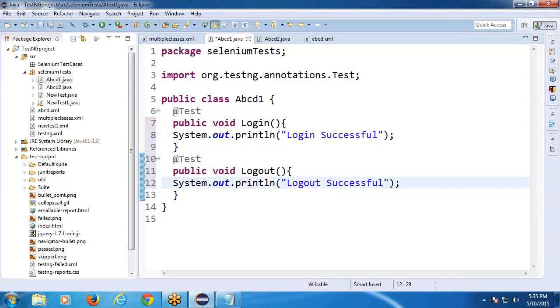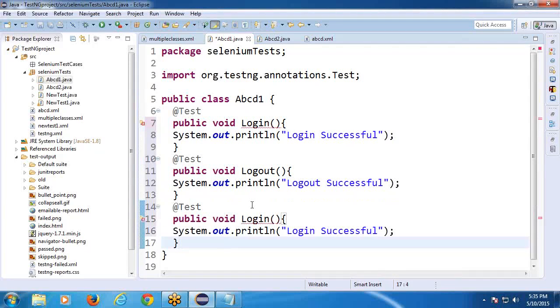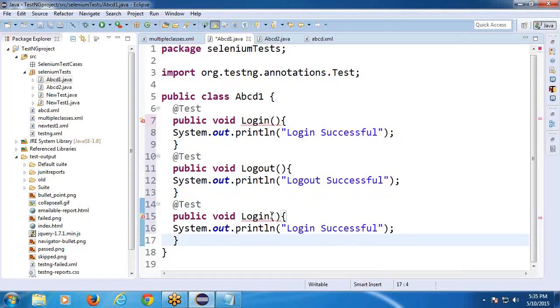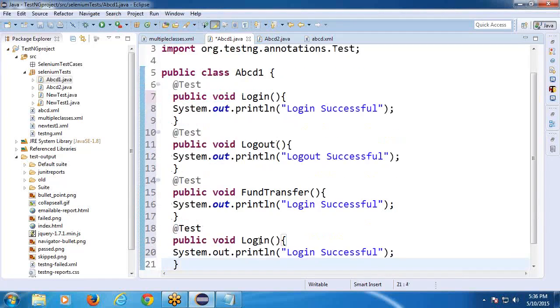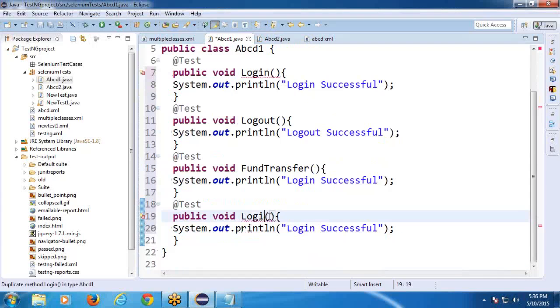Log out successful. Next, fund transfer. Next, prepaid recharge. Next,